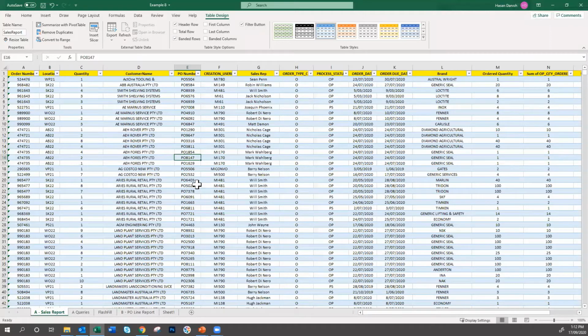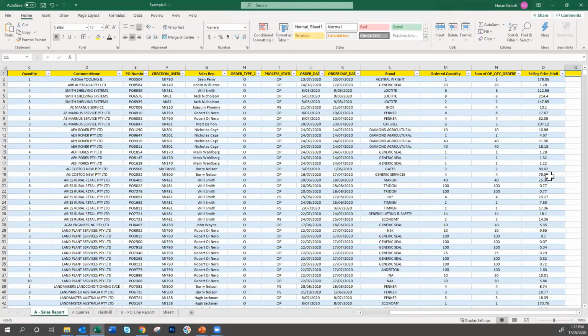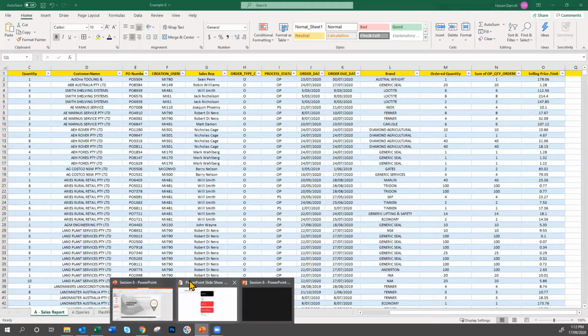All right, thank you. So just to recap, I just cleaned the data. I changed the font size, I changed the heading, converted this into a table. So now, just to give you a little bit of an insight, if I add more things below or on the side, it will just complete it as a table. So there are lots of benefits of having a table. Okay, now we have done this. Let's go back and talk about